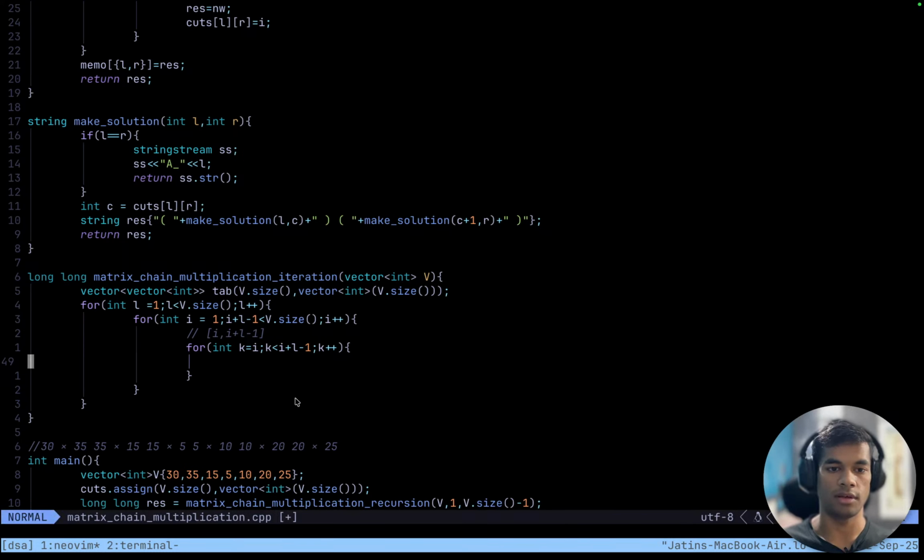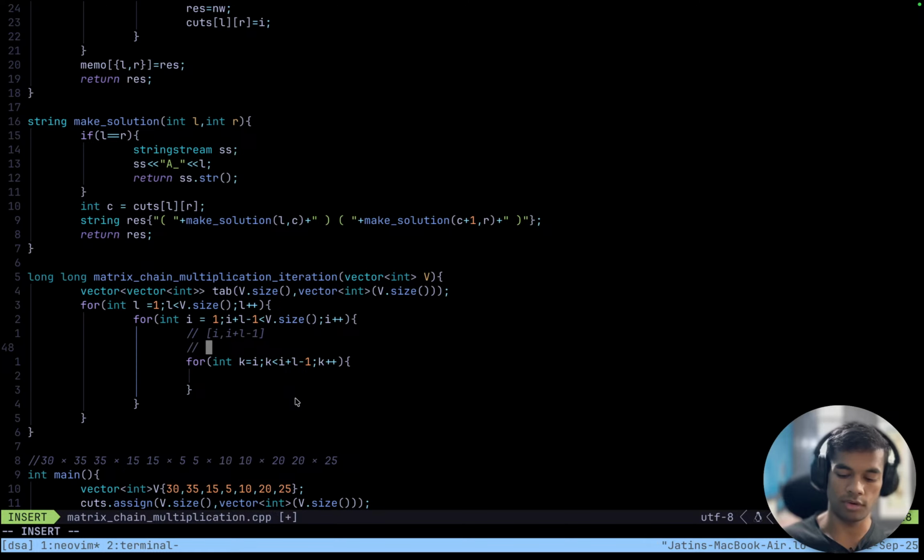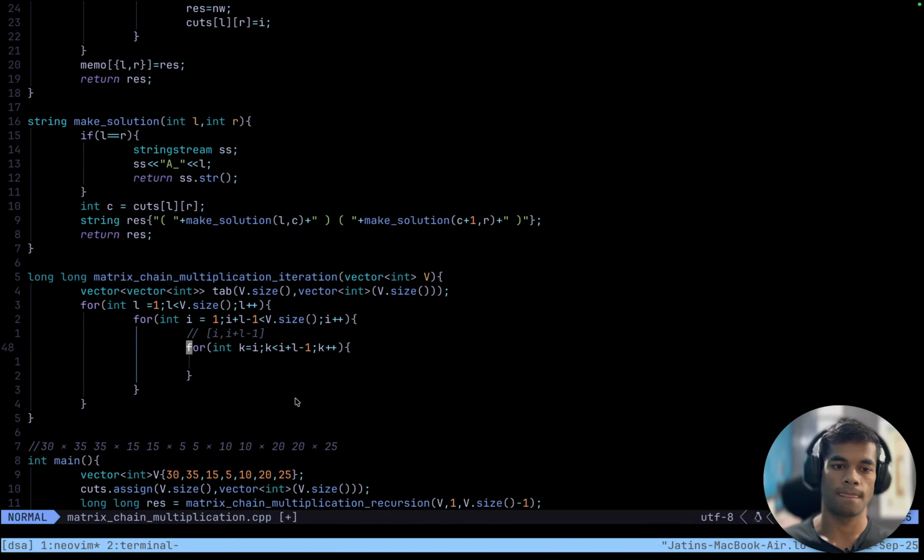What we'll see is first we will initialize the solution to some very big value. Is that infinity? No, not infinity, because